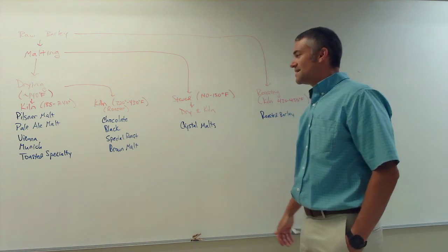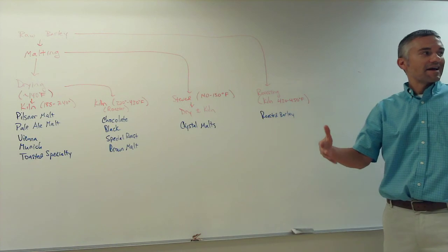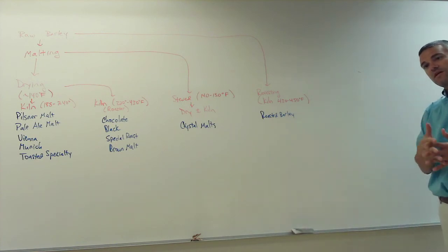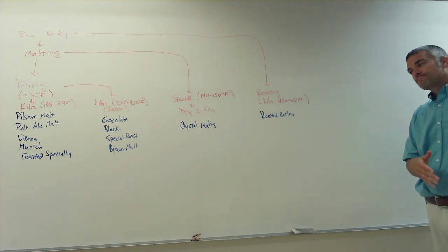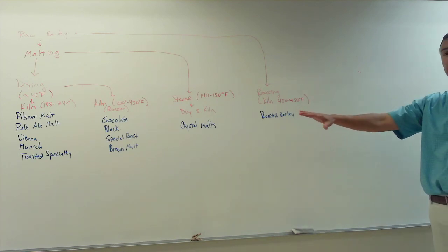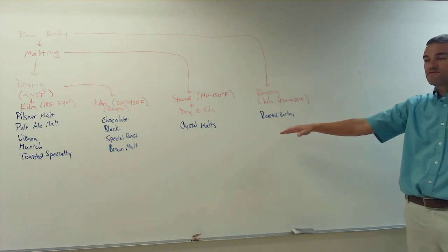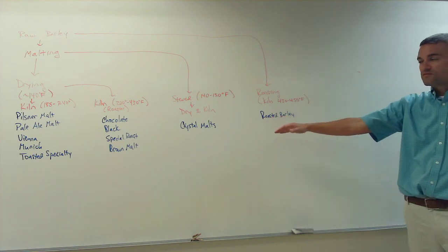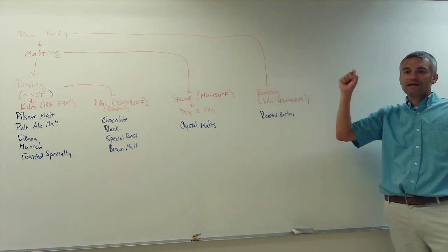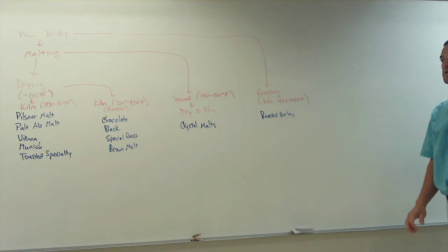I want you to see how we can mix in, we can use different types of grain to really zero in on a specific color that we want. All right. And notice that these colors, we didn't even talk about the sugars, about the end product of the beer. We're just right now focused on some of the flavor contributions and our color contributions on these. All right. Any questions? All right, so that wraps up